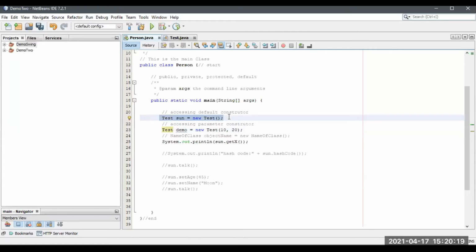What is the main purpose of a JVM? To organize the memory for each and every object or class, or for native methods, which are other than Java languages. Native methods in the sense, inside the JVM, we have native methods.